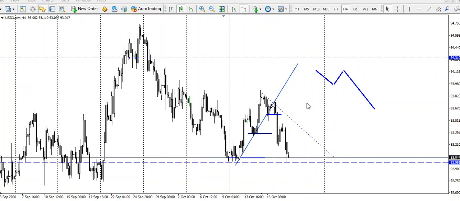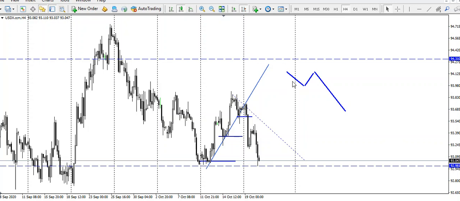USDX also gave a nice setup. This is the previous week, the trend line. So it broke the trend line, retracement. It broke the trend line yesterday, retracement. See all the wicks here,